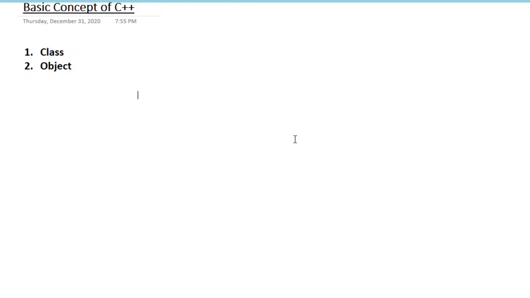So the first one is class. What is a class? A class is nothing but a user-defined data type.